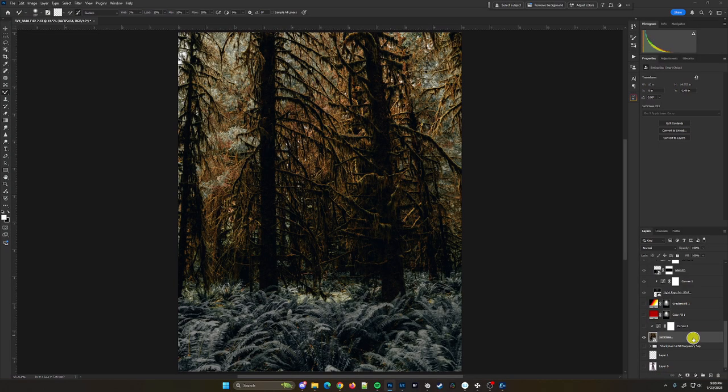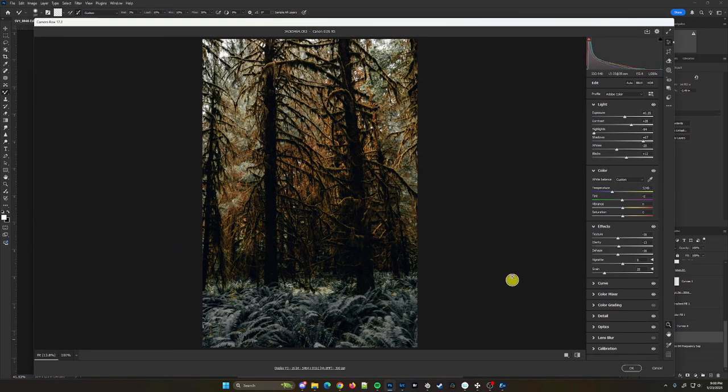Anyway, so this is another image from the forest that I did some edits in Lightroom and then brought over. So this should be a smart object. Yes. Oh, I know why, because I actually shot this with a friend's camera and he sent it to me because I had a different lens on at the time. Anyway, long story. So this is an image, again, Olympic National Forest. We're just walking through the Hoh Rainforest, actually.